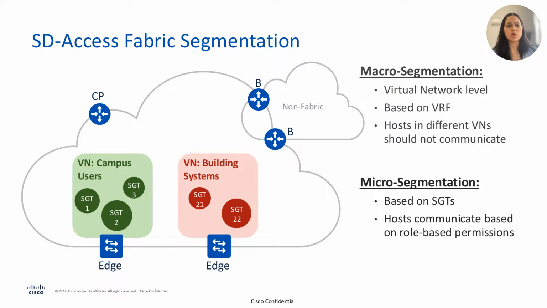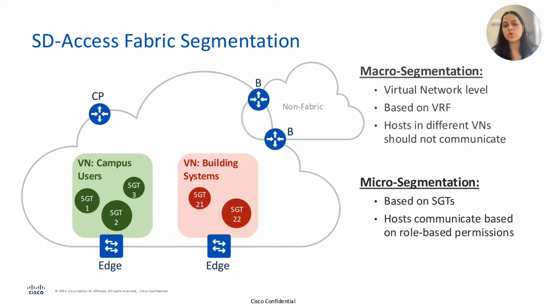Now, the other concept of segmentation that Catalyst Center supports is microsegmentation, which refers to creating SGTs, or what we call security group tags. And that works exactly like how a VACL, or VLAN ACL, works within a VLAN. So it means filtering the traffic within a subnet or within a routing domain, but with no complexity, unlike what we normally see in traditional networks. Because here, the filtering happens on the basis of the security group tags, and it does not happen on the basis of any kind of IP addressing,